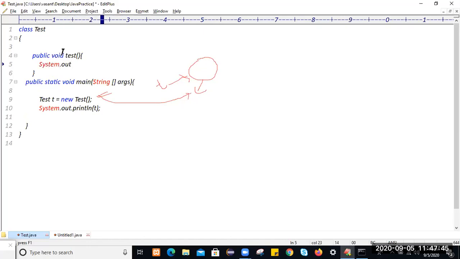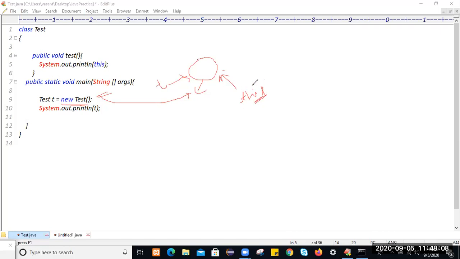Can we use this like this? Okay. So if you use like this, only this. As you know, this will point to the current class object. This also will point to the current class object. So currently in use is the object in use. So this is the current class object. This also will point to the current class object.